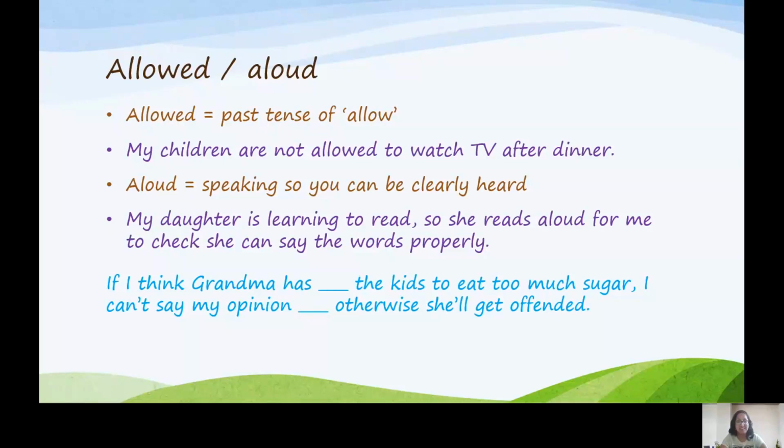Have a look at this text. Which word goes in each space? If I think Grandma has allowed, permitted, the kids to eat too much sugar, I can't say my opinion aloud. Can't tell her loudly. I have to think it. Otherwise she'll get